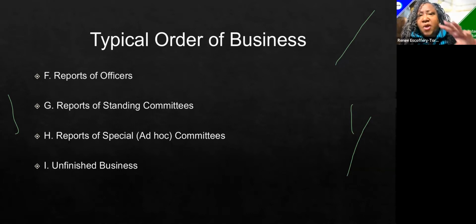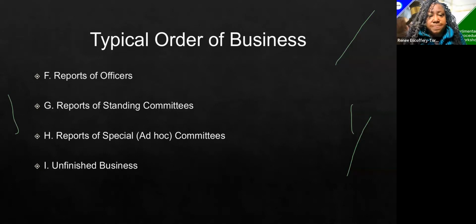So that person might actually end up giving 2 reports. That treasurer will give the treasurer's report, which talks specifically about the transactions made since the last meeting. But then they might come back as the finance chairman and talk about whatever decisions have been made by the finance committee, or whatever recommendations might be put to the body from the finance committee. So it depends on you in terms of how you want to, or if you want to, separate those 2